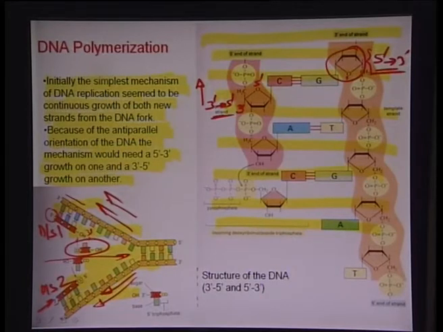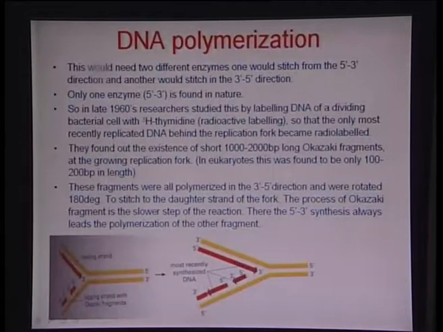Now effectively this would need two different enzymes, but in nature if you look at what really does the job, there is only a single type of enzyme which does this job. So then effectively there should not be any stitching in one of the directions. So here the need would be really of two different enzymes, one would stitch from the 5' to 3', another would start stitching from the 3' to 5' direction, but only one enzyme has been isolated so far in nature,